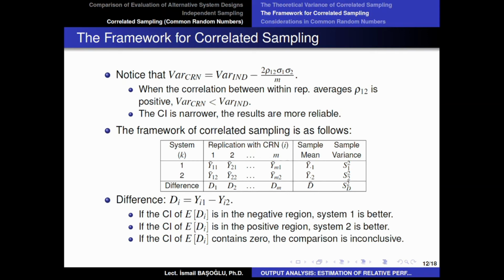But if the performance metric is, for example, something related to money, then if theta 1 is less than theta 2, we say that theta 2 is better. Be careful. If the confidence interval that you obtain for the expected difference is in the positive region, theta 1 is going to be greater than theta 2. Since theta values are indicating expected queue waiting times, we say that system 2 is better. But if the confidence interval that you develop for the differences contains 0, which means it is partially in the positive and partially in the negative region, then the comparison is going to be inconclusive.